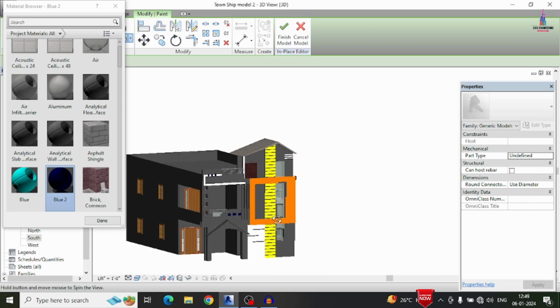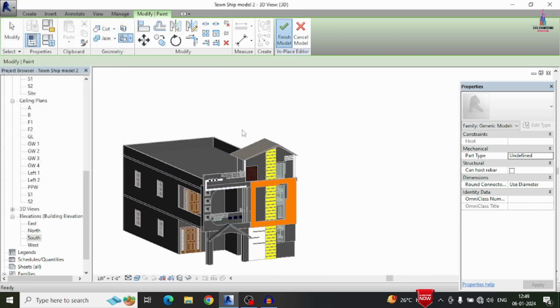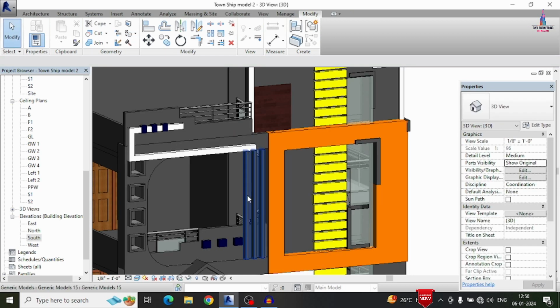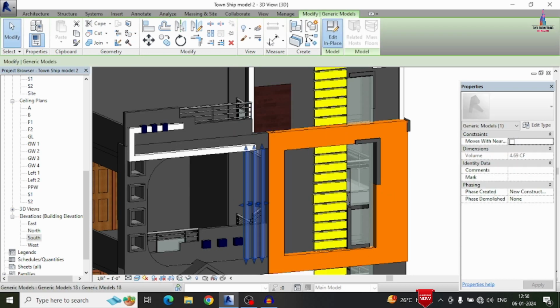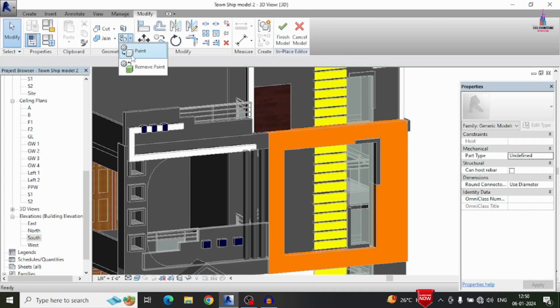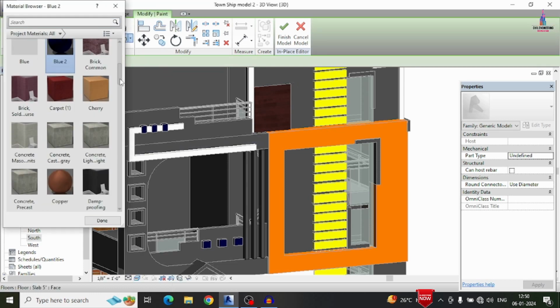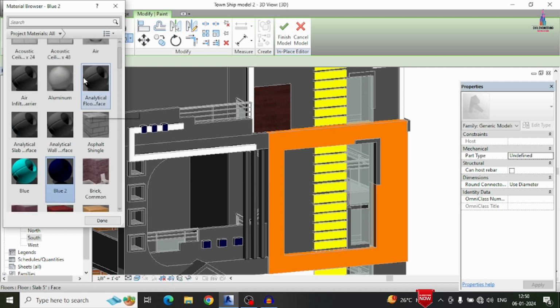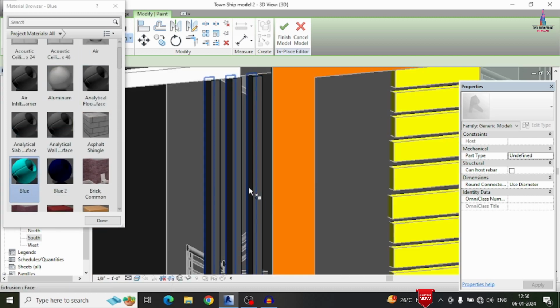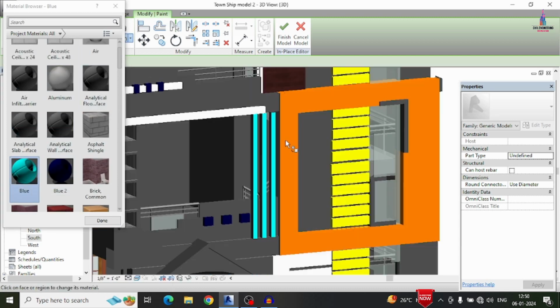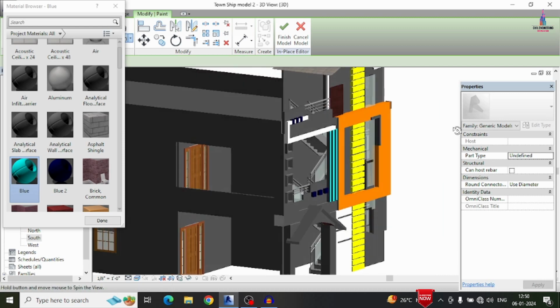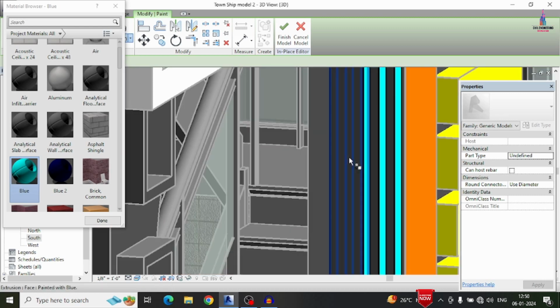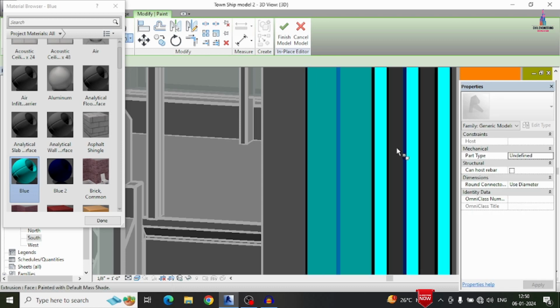So here you can see it was applied here like this. Now again, in the same process, we will apply some color to these vertical extrusions. Click on the edit in place option. Here I am selecting this paint option. It will consist of your light blue color, which is related to this option here. I am applying that particular light blue color for the pattern here. Now we can see this is the pattern which is related to the light blue color.